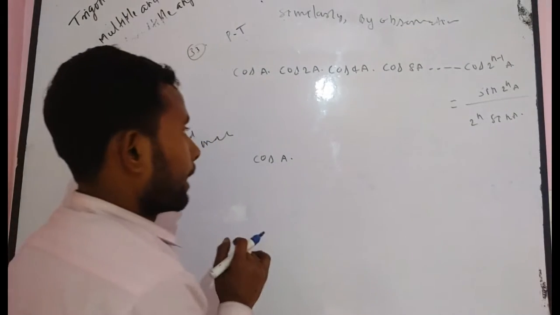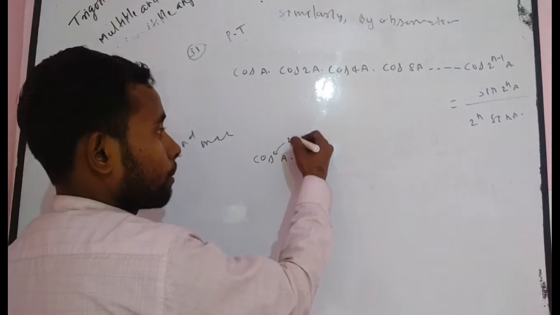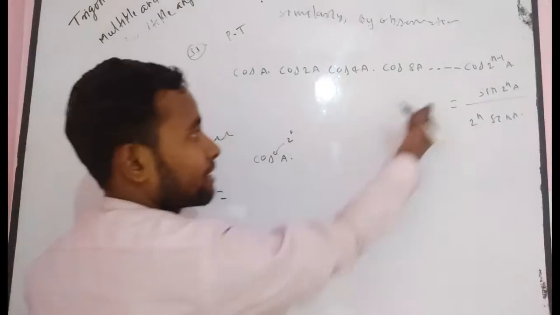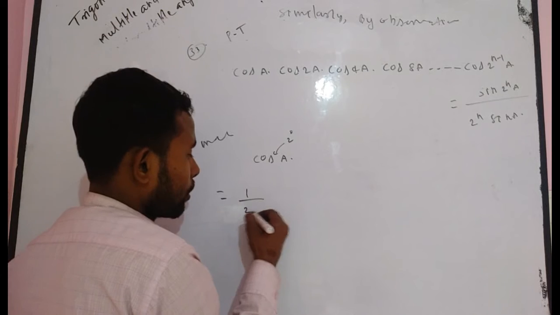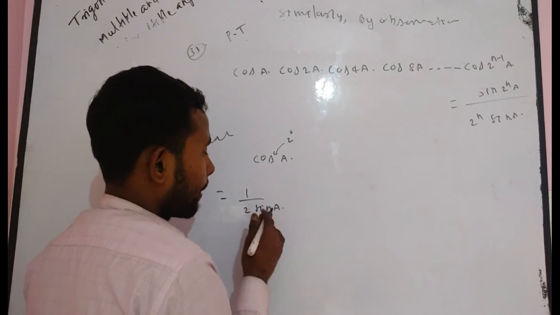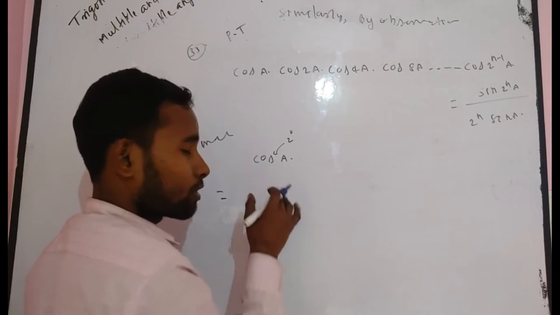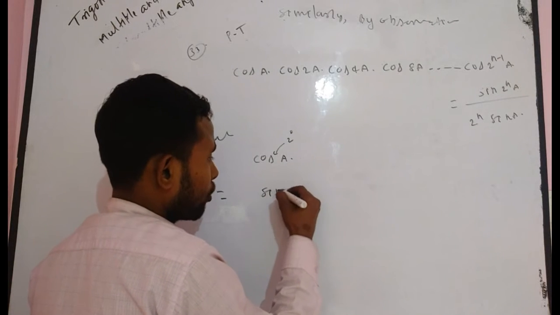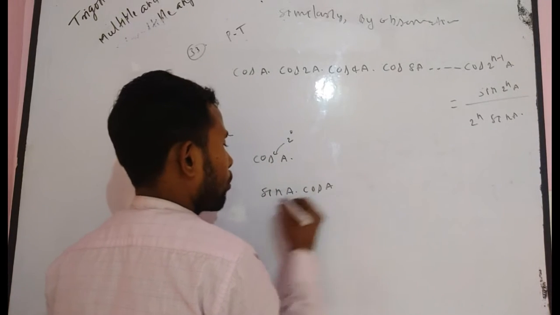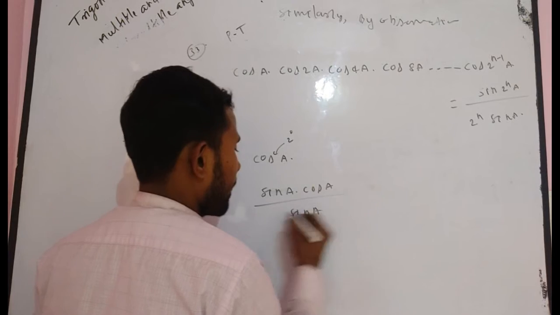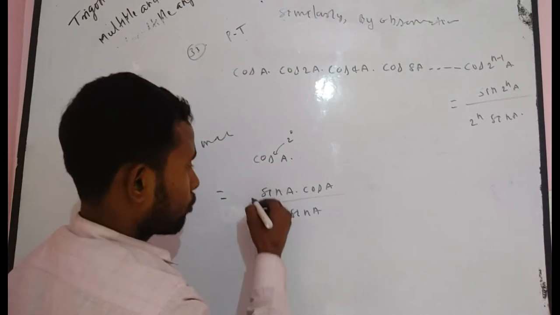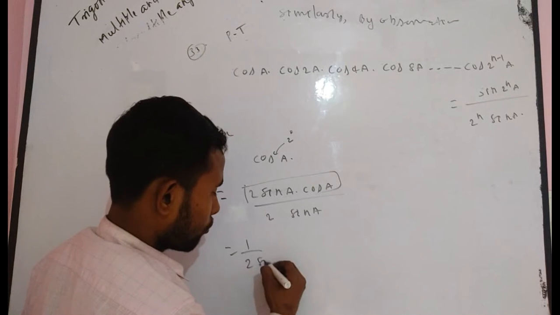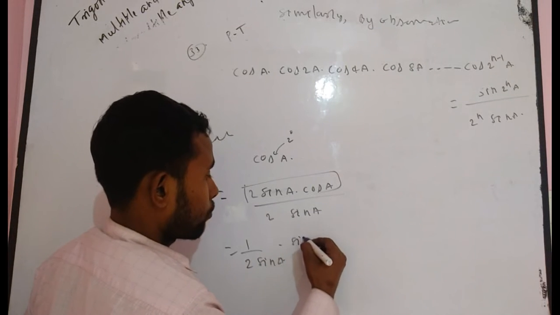Now, here, what is here? 2 to the power 0? You know? Yes. Now, I want to convert it to this form. Definitely you multiply 1 by 2. Firstly, you multiply by sin A, because sin is always the common form. So if you multiply by sin A in numerator and denominator, what do you get? Sin A into cos A. In the denominator, sin A also, and in the denominator 1 upon 2. Also, you have to multiply by 2. Then in the numerator, what do you get? 1 upon 2 into sin A into sin 2A.